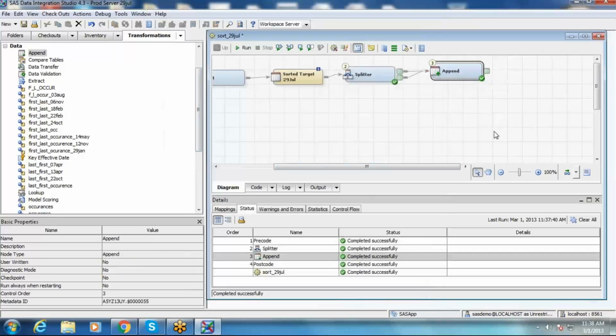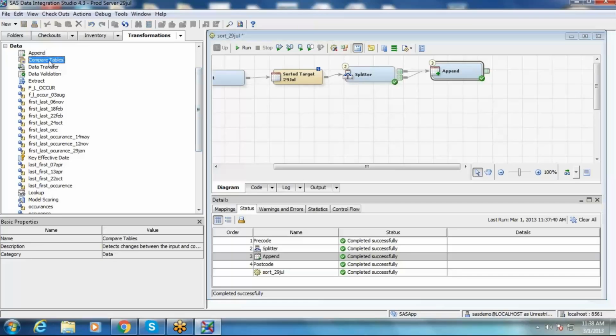Now if you want to compare one table with another table, you can go with the compare procedure in SAS base, right? Proc compare base equal to something, compare equal to something, id something, var something, like that. So if you want to do it in DI Studio, you can go with the compare tables transformation.